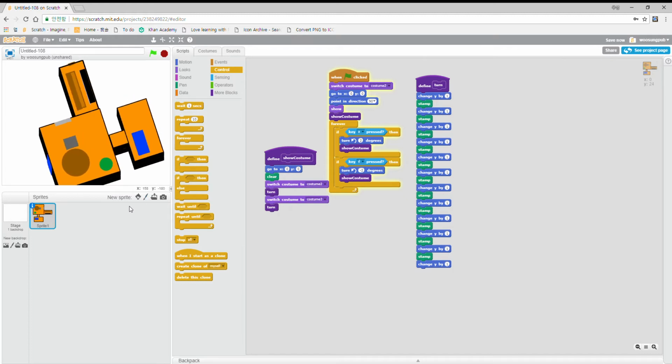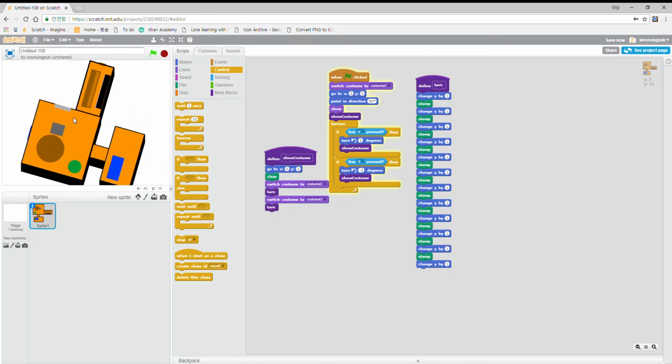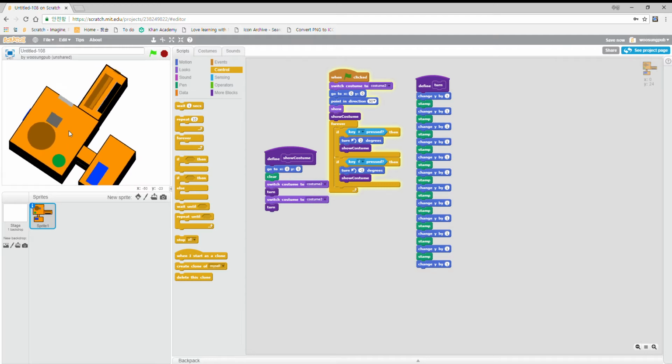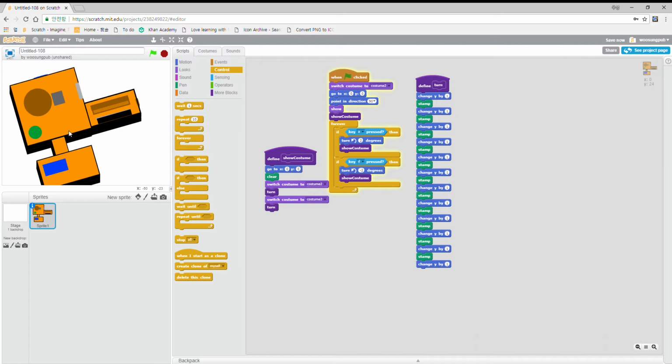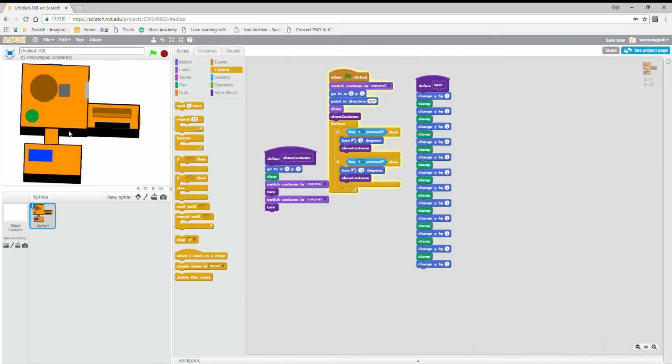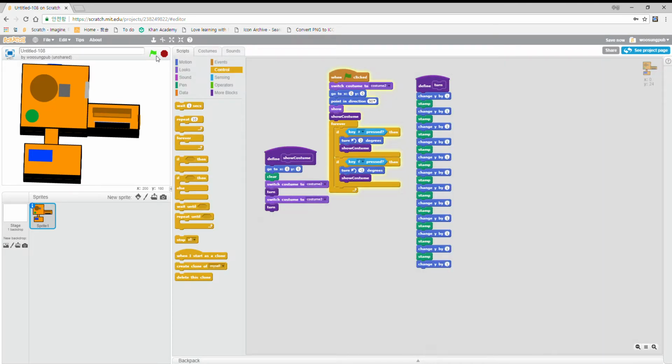So inside the room, it's not going to be 3D, but just... so here what we want to do is